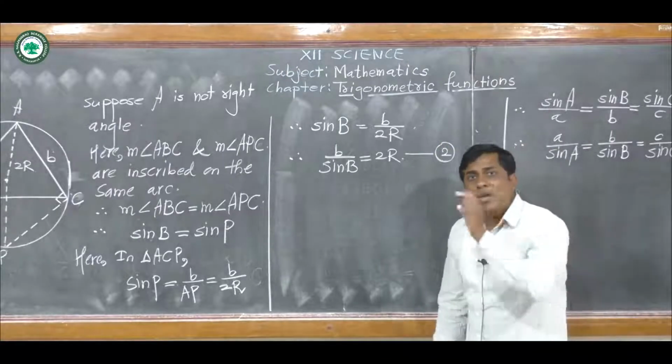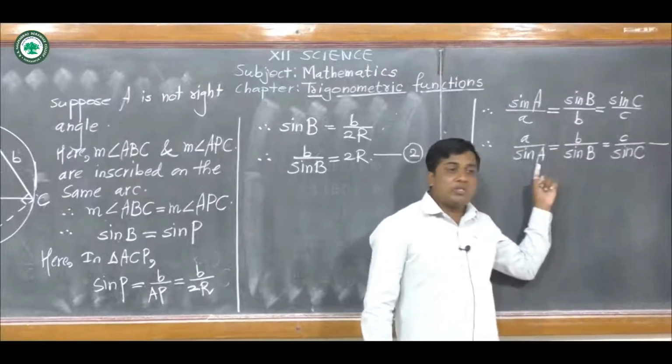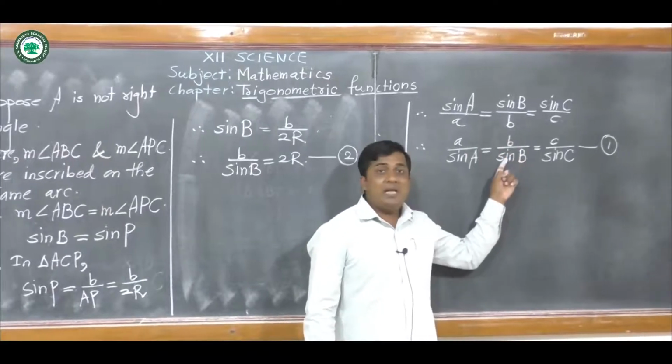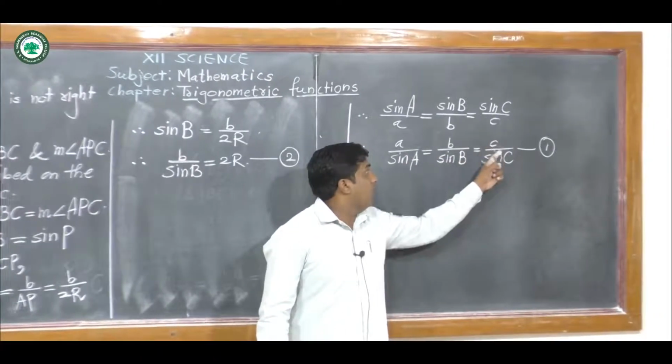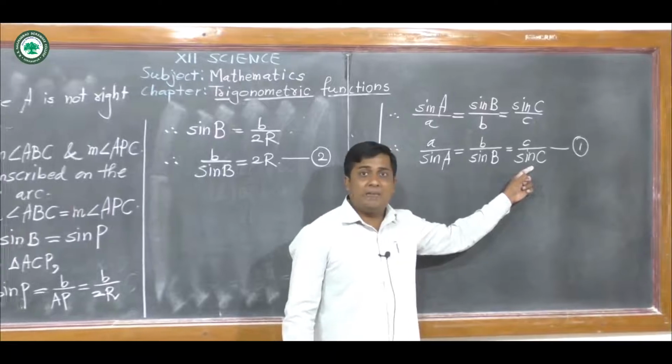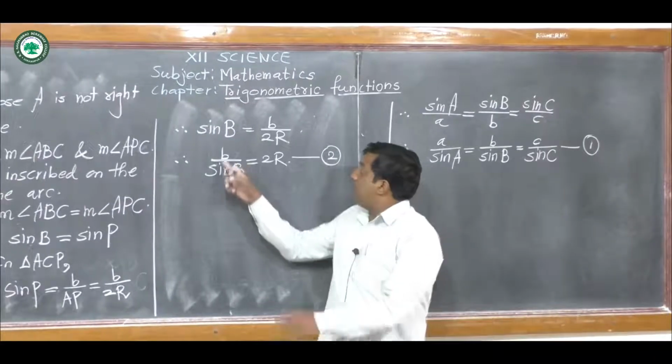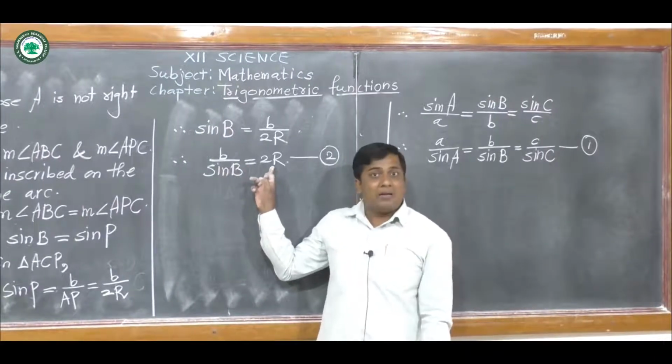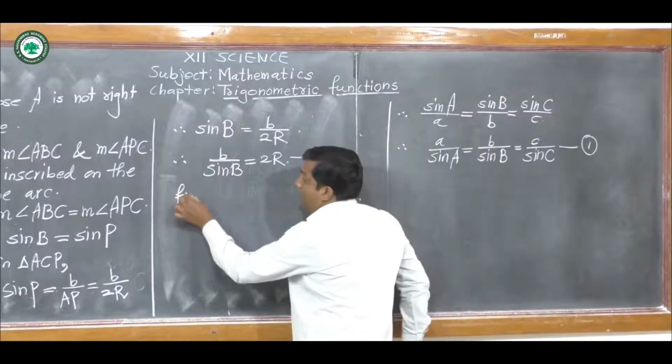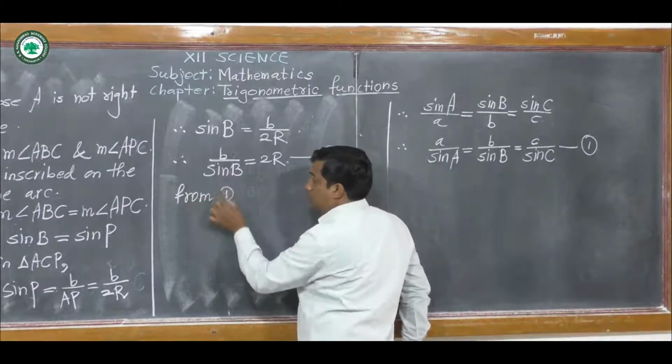Okay, now we know the relation a upon sine A is equal to b upon sine B is equal to c upon sine C, and in that b upon sine B is twice R. So from 1 and 2